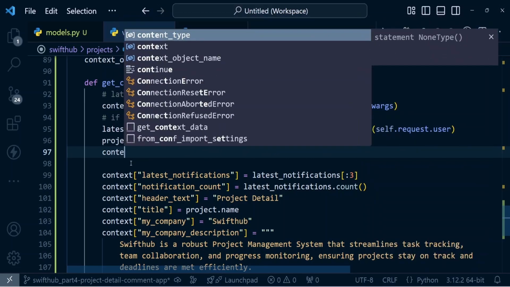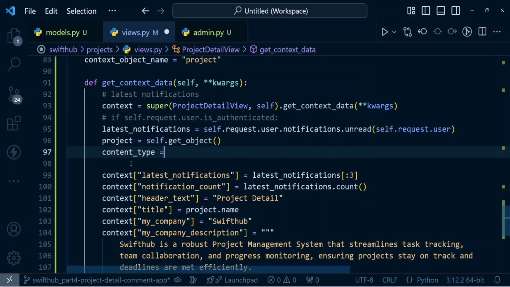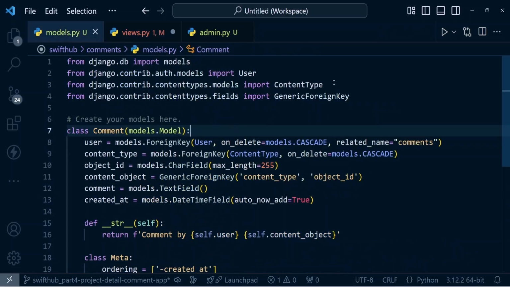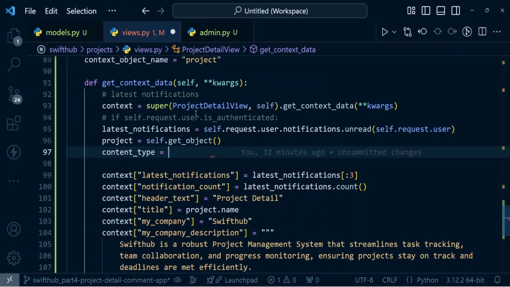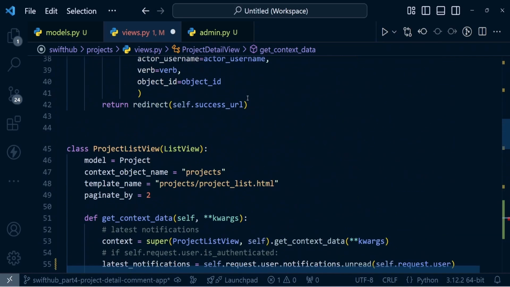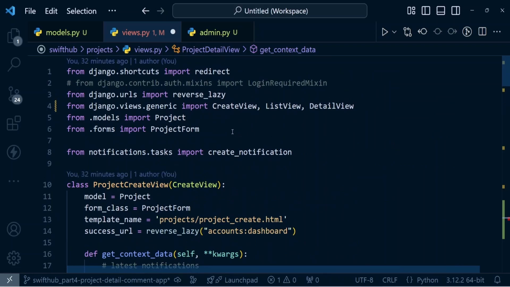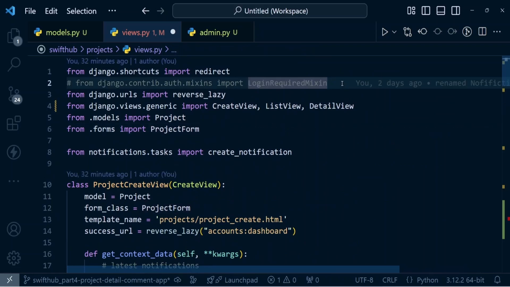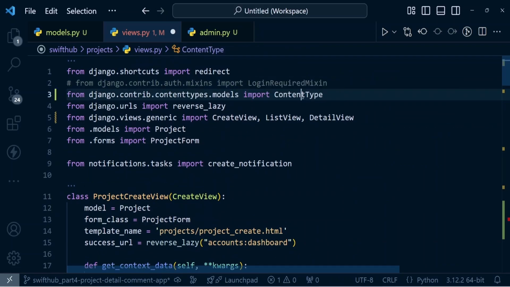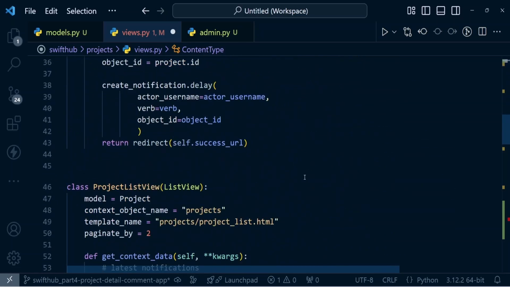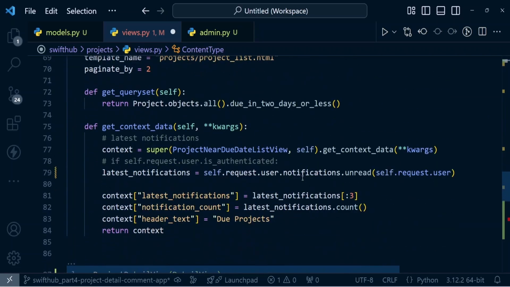So we're going to say content_type right here, and it's actually going to be equal to ContentType. So we need to import ContentType, but we have already imported ContentType in our model. So I'm just going to copy that and come to the very top here and then paste our ContentType right here. Okay, so now that we have access to the ContentType,